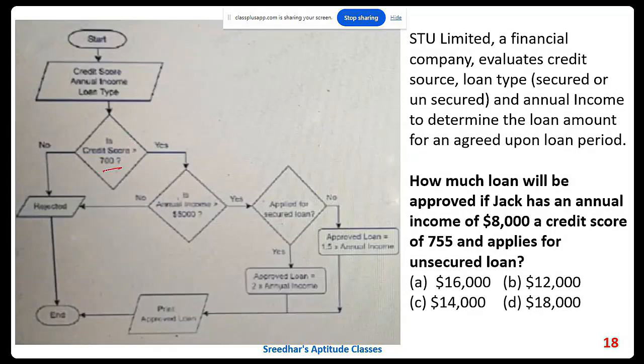So here, is credit score greater than 700? Is credit score greater than 700? And yes, you will come to here, right? And then,